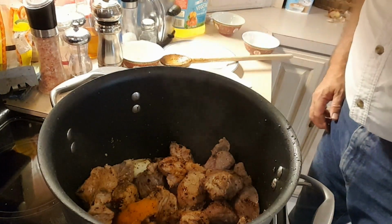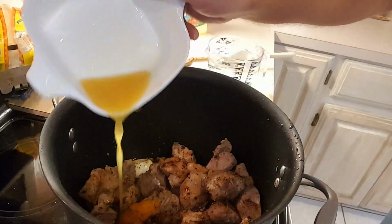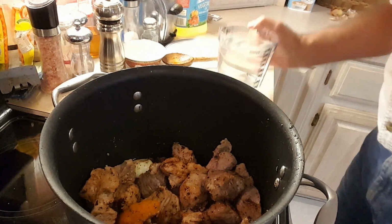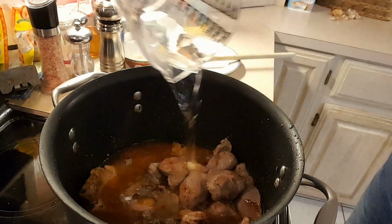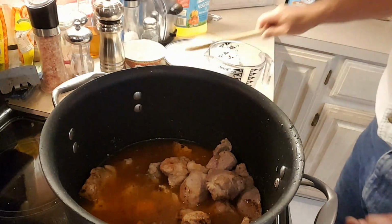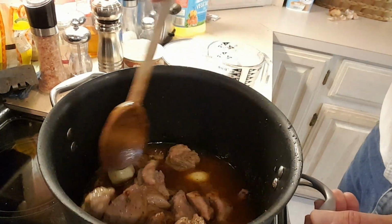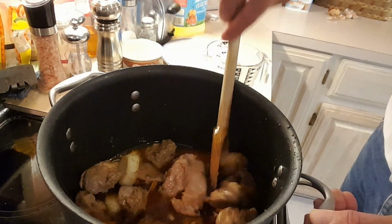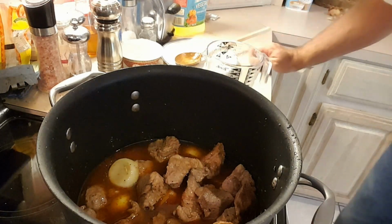And then I am going to juice the orange and put the orange juice in there as well. So in goes the orange juice. And then we add enough water to cover the pork. And give it a stir. Need to add a little bit more water, but then we're